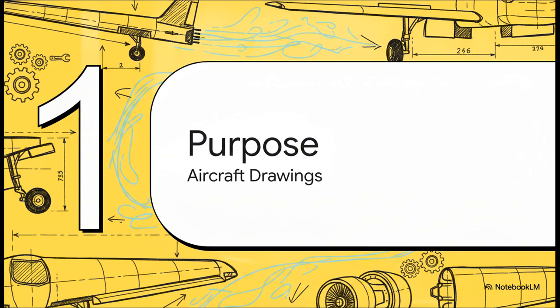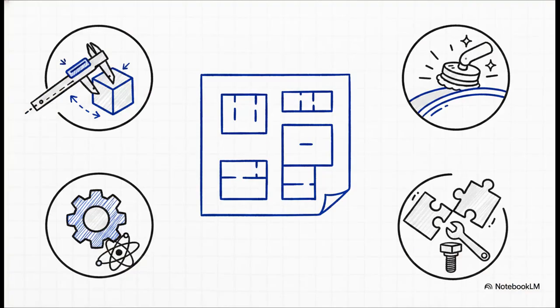Let's get into it. Look, guessing just doesn't cut it in aviation, you know that. A good technical drawing has to give us the complete story. It dictates the exact size and shape, the strict specifications for the materials, right down to how that material should be finished, and of course, the precise roadmap for assembly. Basically, it holds every single piece of essential information you need to make or assemble that object safely.